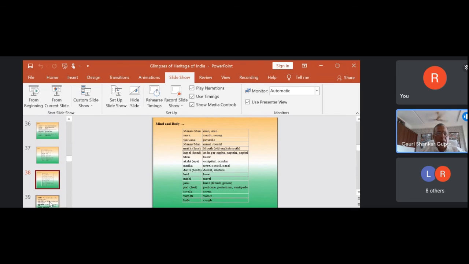So there are a lot of words. If you analyze them with the Sanskrit root, you will find there are hundreds of words which have Sanskrit roots and which have changed their pronunciation and spelling slightly because of the difference in time and space. So I would conclude the Sanskrit part here. There are many more things one can talk about, but as you know, my own knowledge of Sanskrit is limited. So I could come out with some of the basics which I have explained to you, and